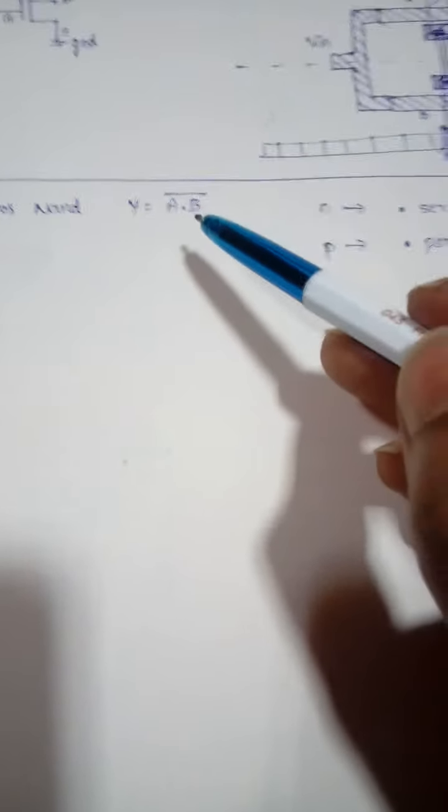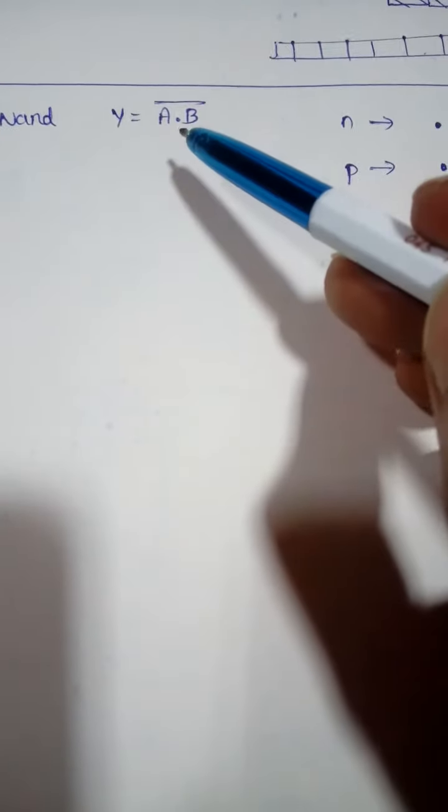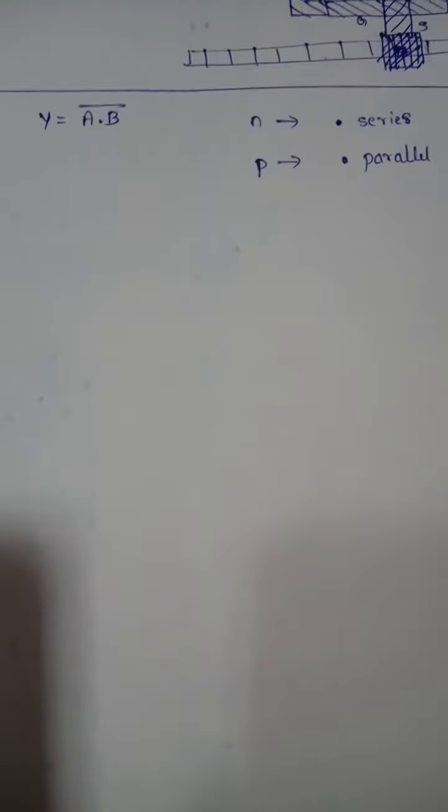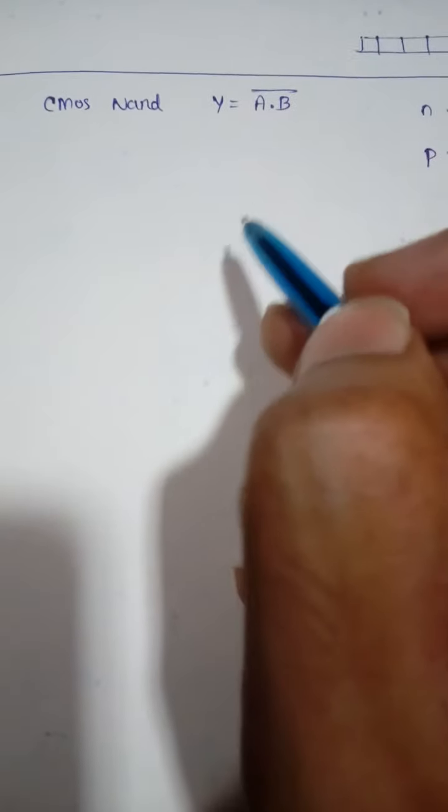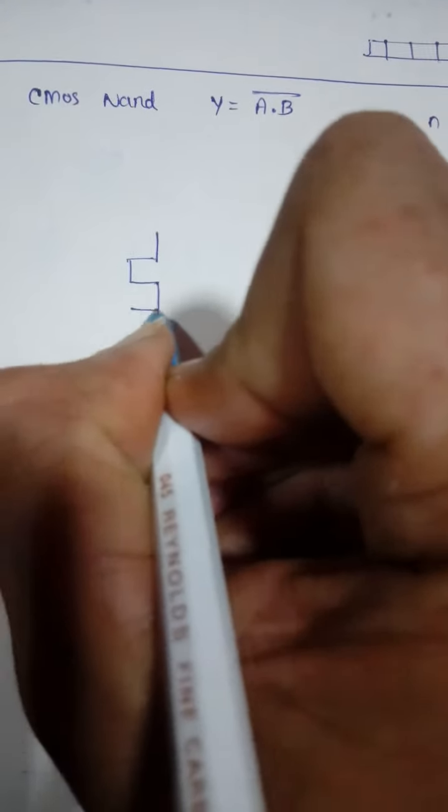Okay, so here you are having the dot combination. So there are two transistors for N logic as well as for P logic, and you'll be connecting the N logic in series and P logic in parallel, right? So first we'll start with the design of the circuit. We'll start with the N transistor. So we'll connect the N transistors in series first, and then we'll connect the P transistors in parallel, right?